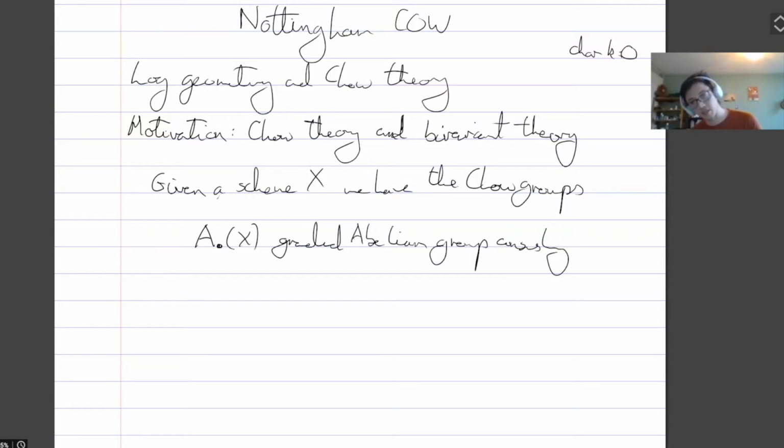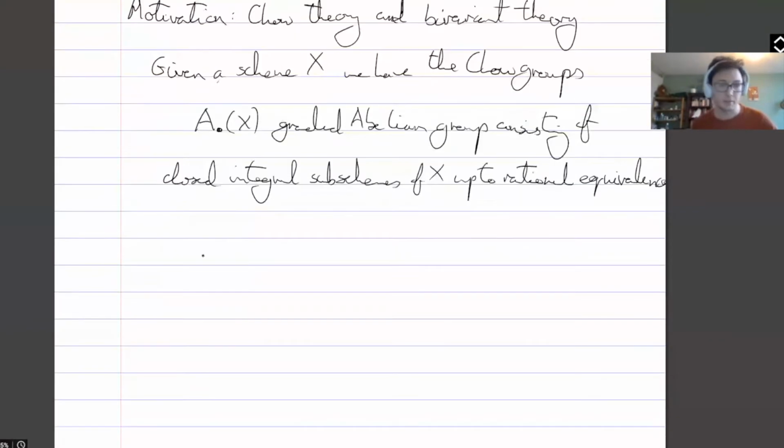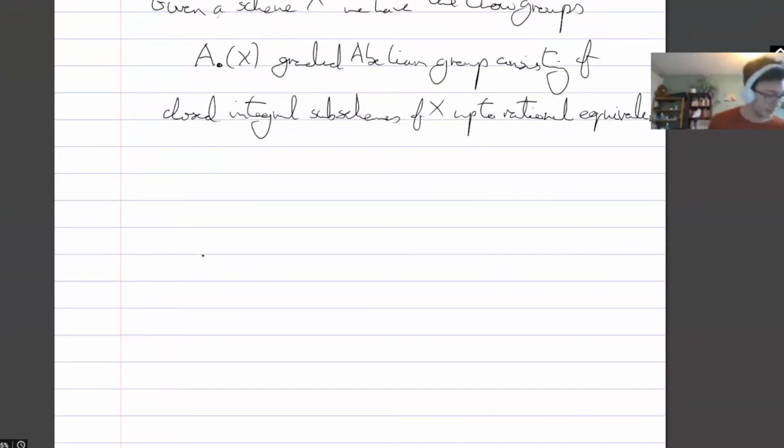So, consisting of closed integral subschemes of X up to rational equivalence. I suppose, yeah, most people will have seen Weil divisors, and then these just continue sort of Weil divisors down. Okay, so these are